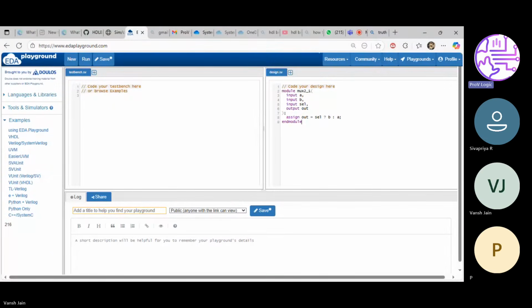Shivpriya, meanwhile, can you write a priority encoder? Yes, sir.